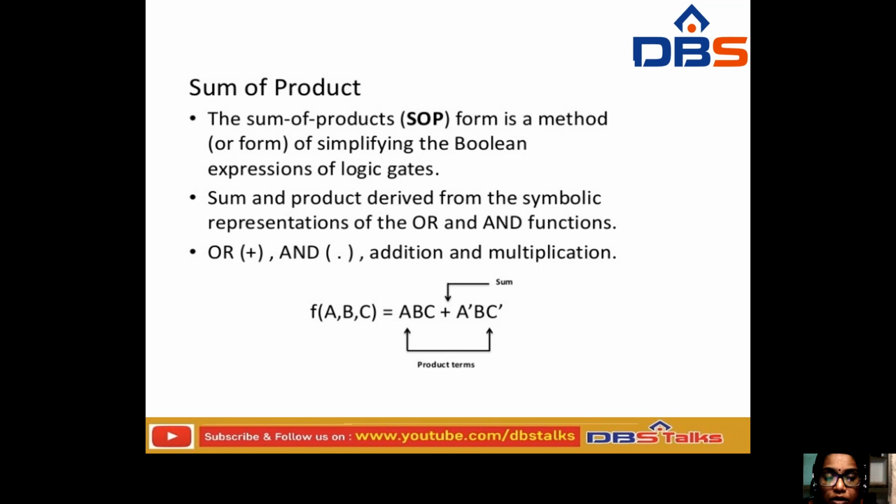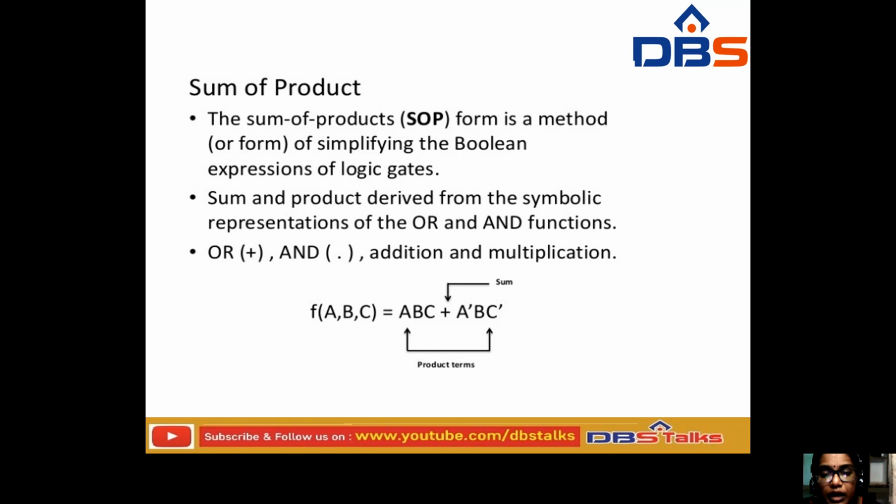Okay. See, for example, if it is an expression like ABC plus A dash BC, here in ABC the operation that we are going to perform is a multiplication operation, and ABC plus A dash BC is a sum of products, that is we are going to sum the product of the two terms. Okay. For example, the following is the expression that we are going to use here. See, f is the function,